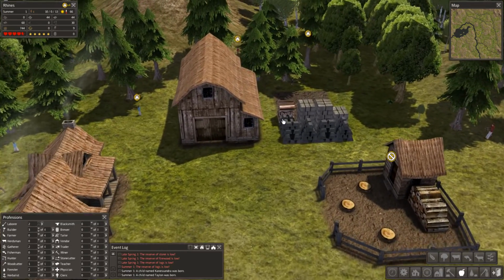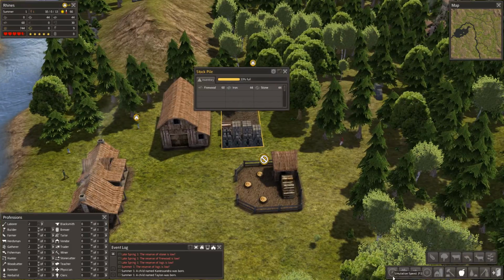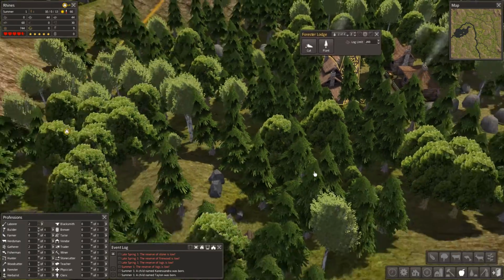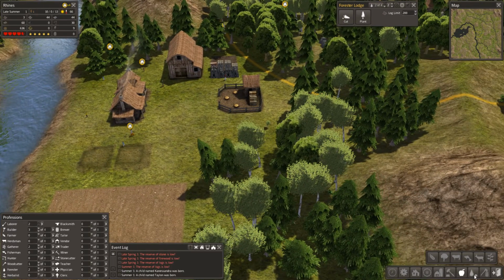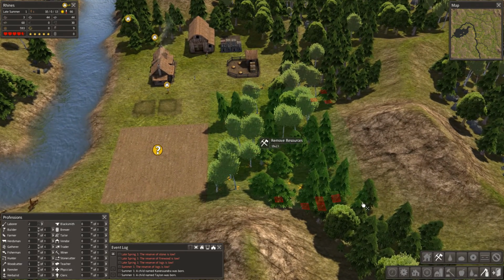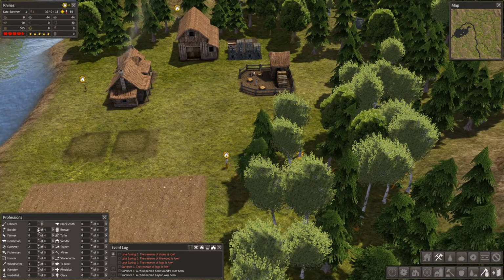Do we not have logs or something? Okay, yeah, all the logs we got have been turned into firewood. But we have foresters? Yeah, they are supposed to be cutting. I guess they just haven't been gathering very quickly or something. I guess I can just tell our people to remove resources here, I suppose, is a good spot. Yeah, once they start getting that underway...